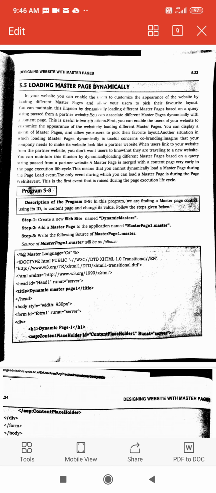During the page execution life cycle, this is the first event. So loading master page is done during the pre-init event. Whatever coding we write, we write it in the pre-init event, not in the page load event.